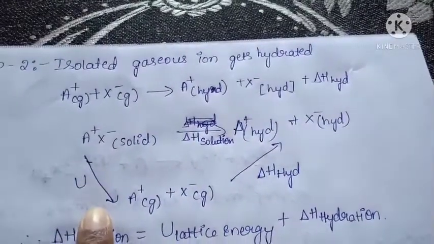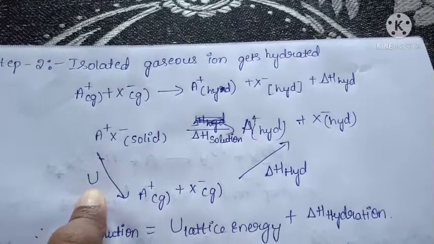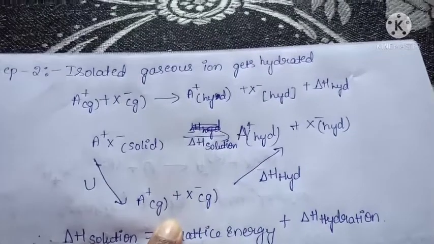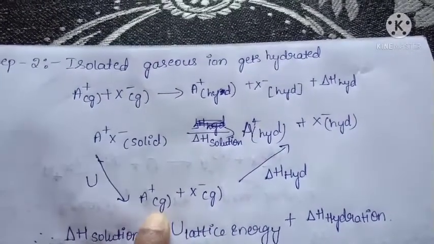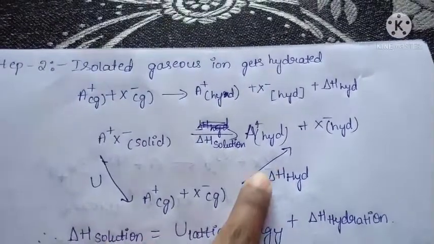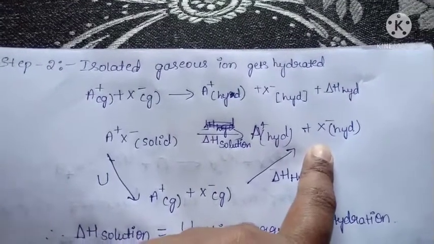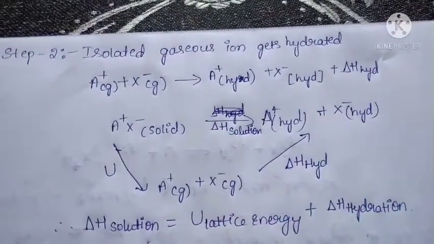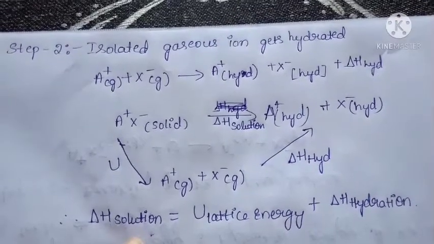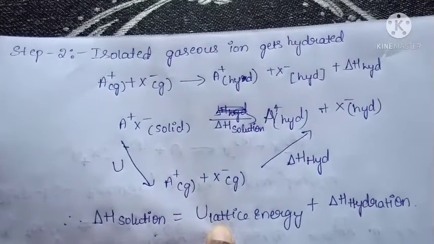In that we have to take lattice energy. It means some energy is absorbed. It should be converted into gaseous ions. These isolated gaseous ions get hydrated. We get a hydrated cation and hydrated anion. Okay, so in that way we know that enthalpy of solution is equal to the sum of the energy absorbed,